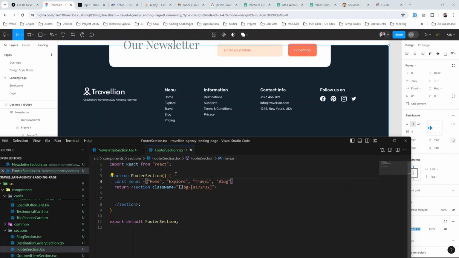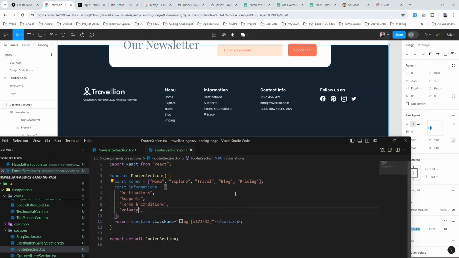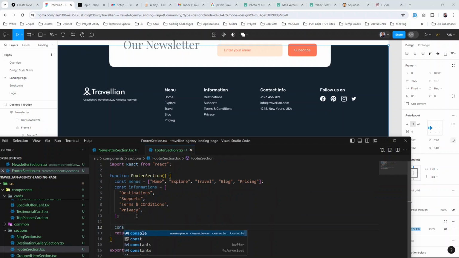Travel, we have the blog, and we have the pricing. The informations, we have the destinations, we have the supports, terms and conditions, we have the privacy, contacts,